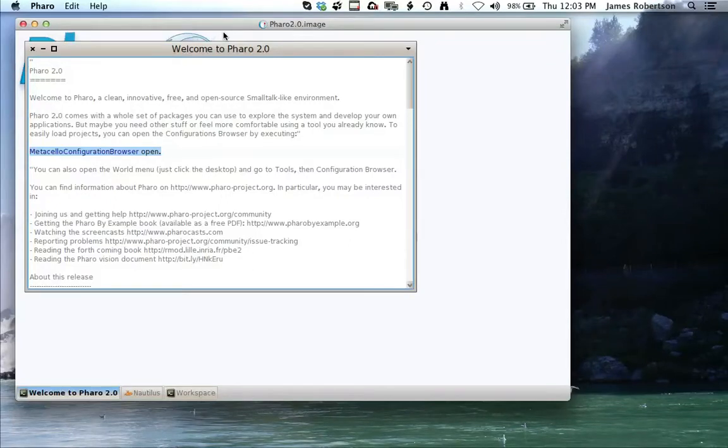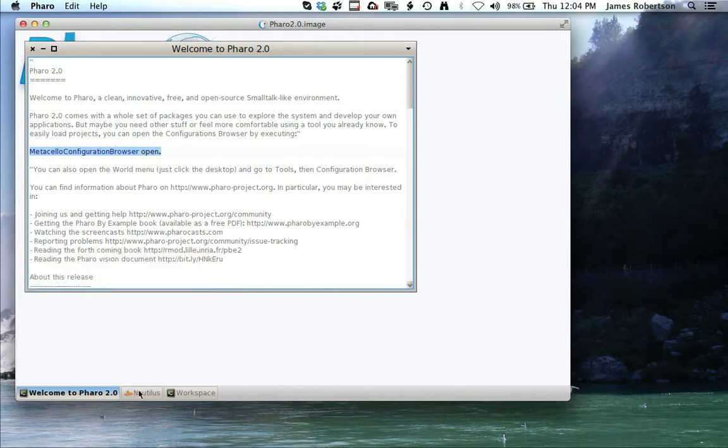This morning I wanted to point out a little feature of Faro that, to be honest, I hadn't really taken that much notice of before, but it's quite convenient. As you know, in Faro you have this one window environment. You can make it as big or as small as you like, but everything's within this window. So when I open a browser or workspace, it's not free floating out on the desktop, it's within the world here.